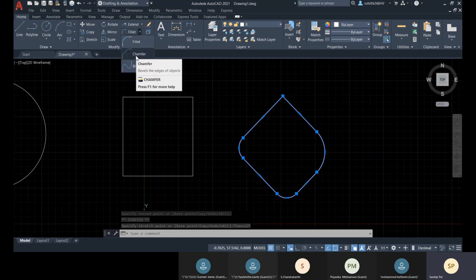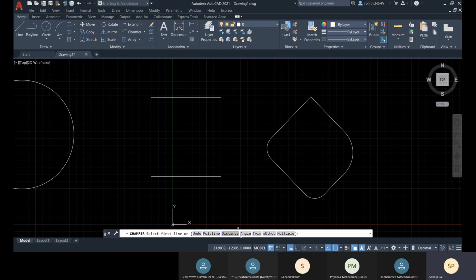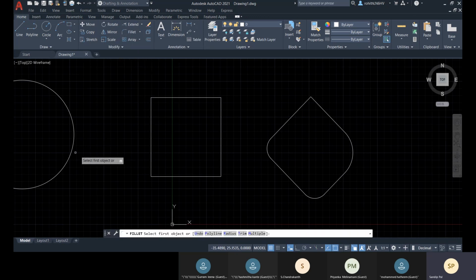Now let's come to this chamfer part. So we will make a chamfer there. Okay. Before doing this chamfer, we have another option within this fillet. Suppose I have this polyline, which is a single element, and if I want to fillet all the four corners at the same time, rather than clicking one by one, I can do it by using this polyline option.